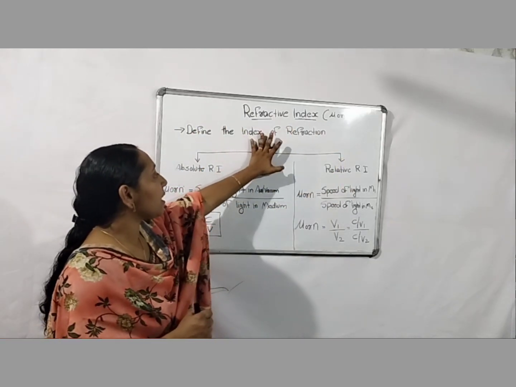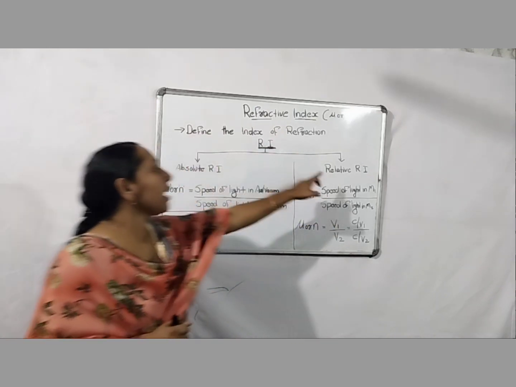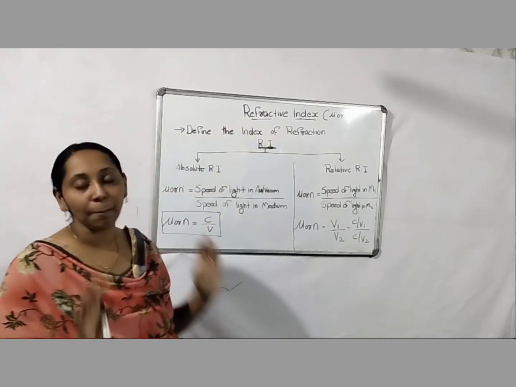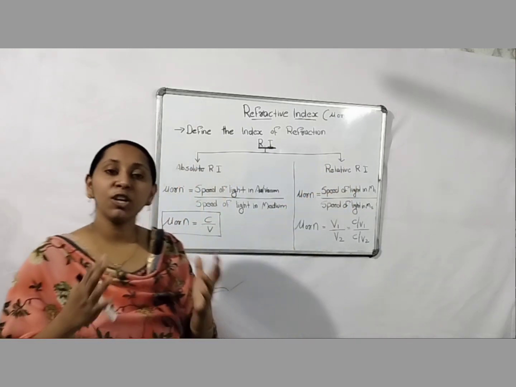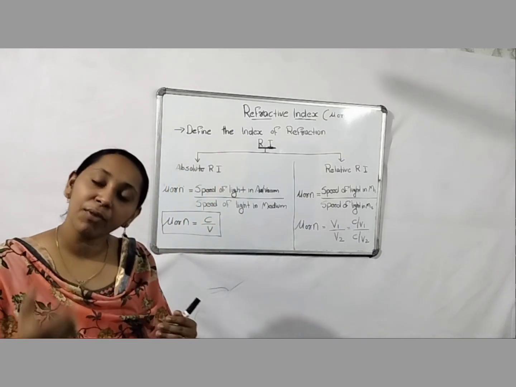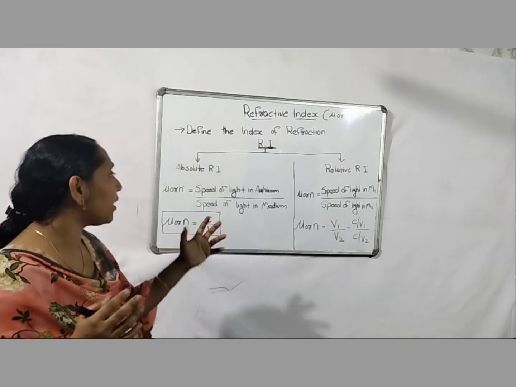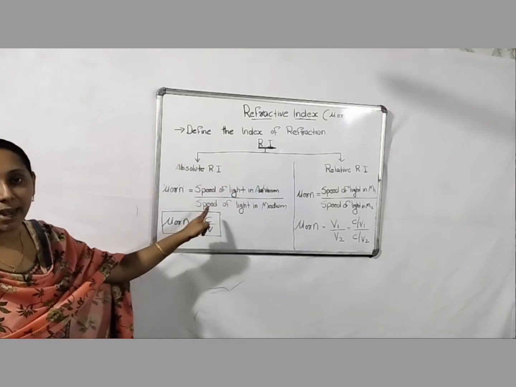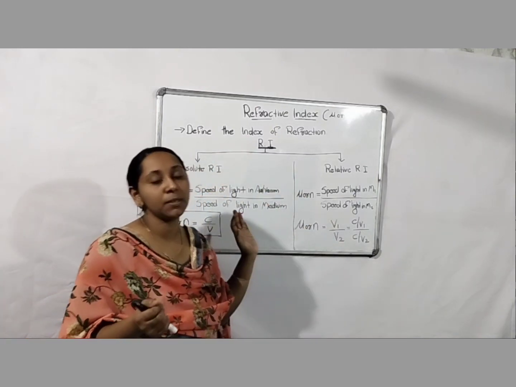Commonly, we see refractive index in two different types. The first one is absolute refractive index and the other is relative refractive index. Normally, refractive index means absolute refractive index. Anywhere we want to mention relative refractive index, we should mention it separately as relative. If the word relative does not come before refractive index, that means it is absolute refractive index. The symbol is the same in both cases, mu or n.